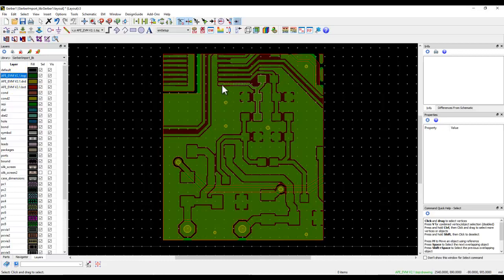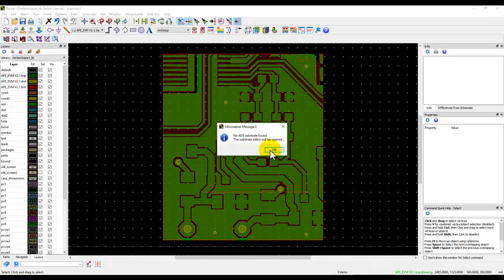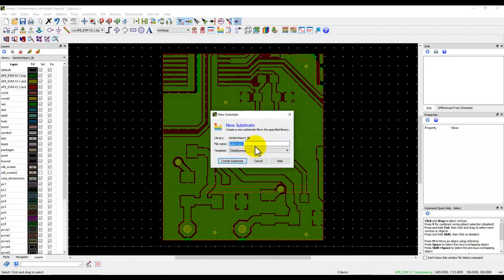Now we can go ahead and start placing our ports on the respective points. But before we start placing the pins or the ports, we need to define a stack up, which will be necessary for EM simulation. In order to define the stack up, we can click on this substrate editor icon. And again, in one of the earlier videos in this playlist, I have already explained these things in detail, so I won't go into much detail.